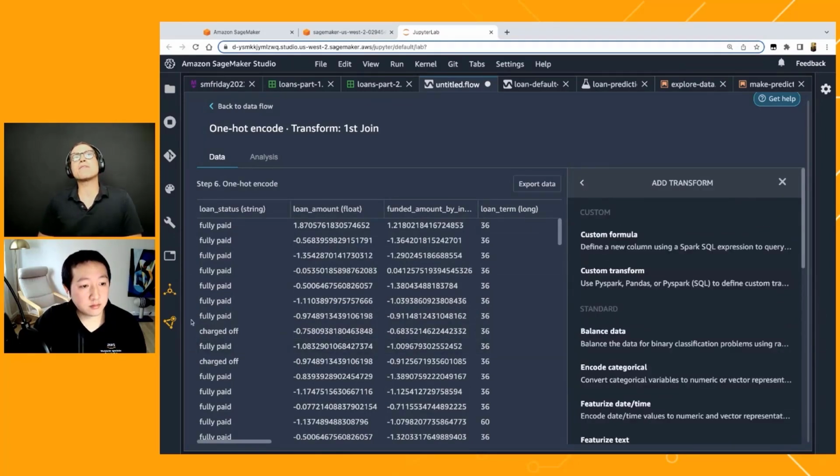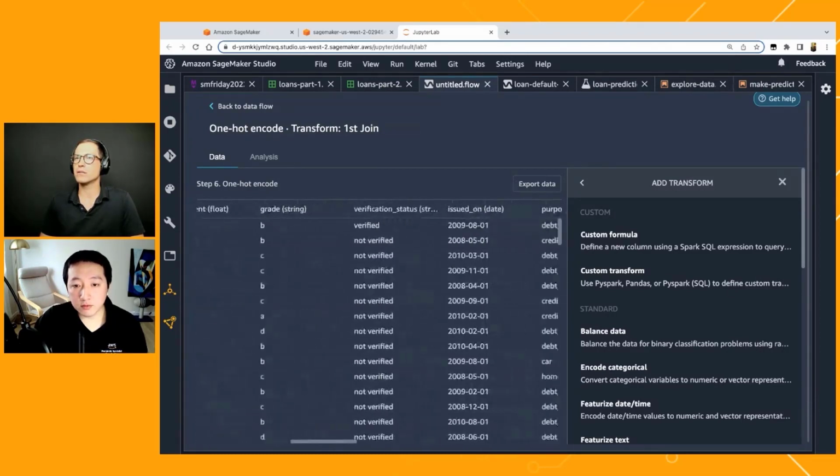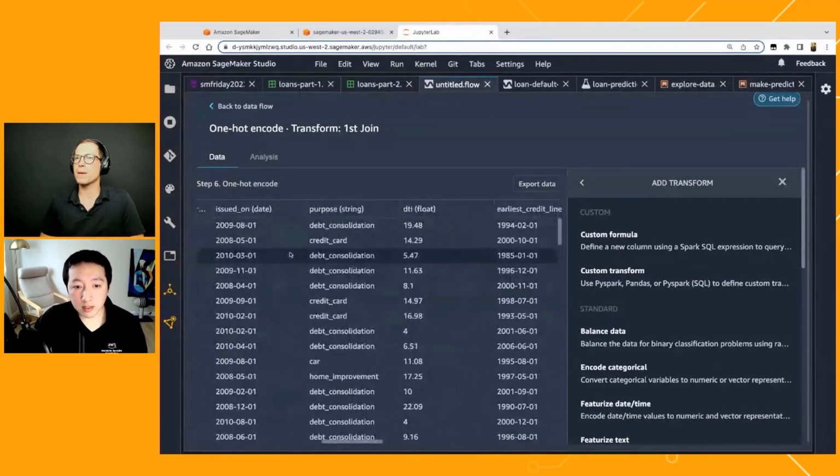I'm just curious now, if this data set had a time series component, how would we go about adding transformations? And not only that, if you wanted to bring some custom transformations that you yourself built, how could you do that in Data Wrangler? Yeah, so in this data set, it's not necessarily time series, but it has timestamps, and this requires some custom transformation. Well, let me first address these particular features.